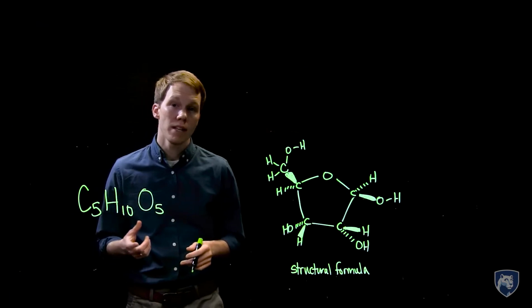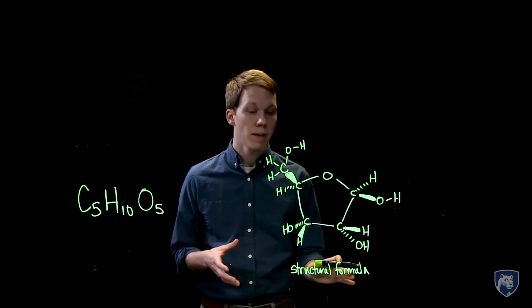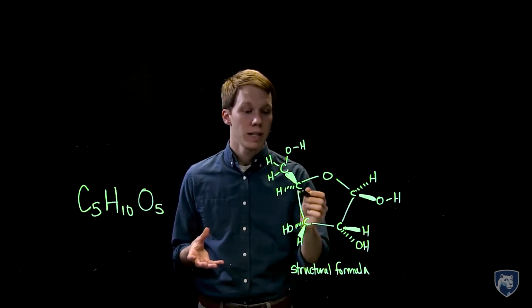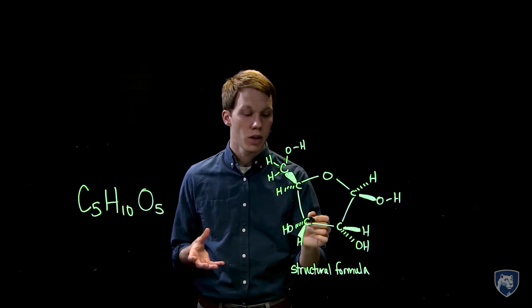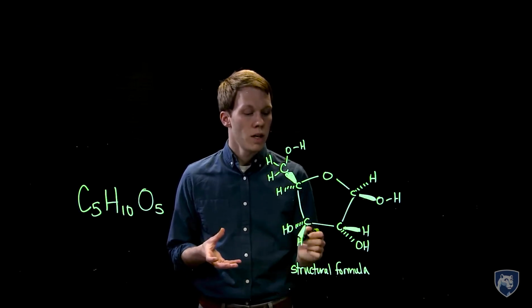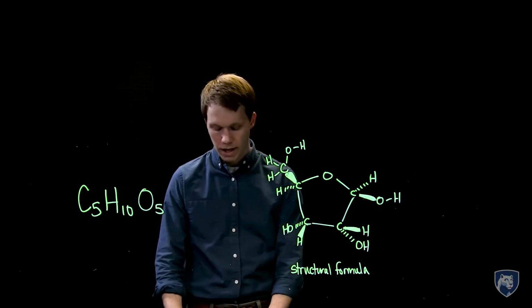And one way to represent the structure of ribose is with the structural formula. And as the name implies, it gives us structural information, such as the connectivity of atoms. We can see that carbon is bonded to carbon in this position. This carbon is bound to a hydrogen and an oxygen directly as well. So in addition to the connectivity, we get a little bit of three-dimensional